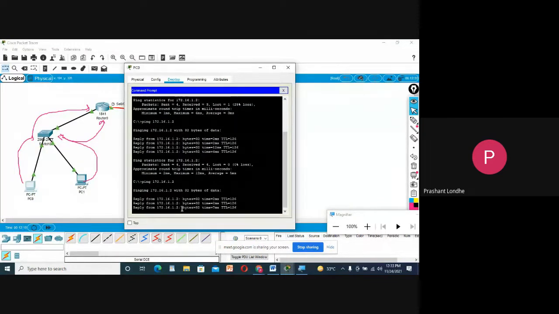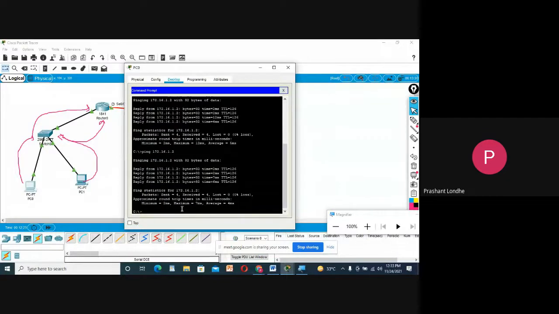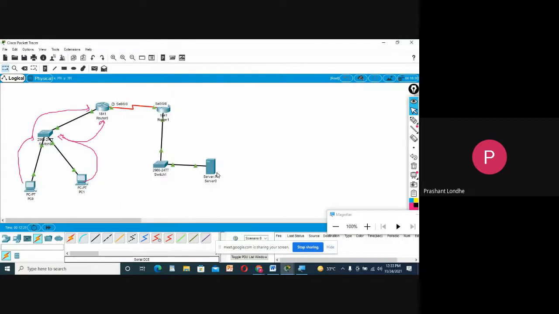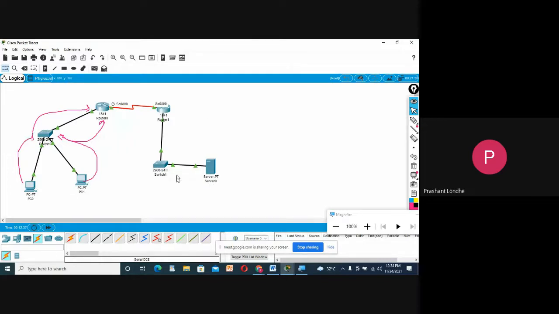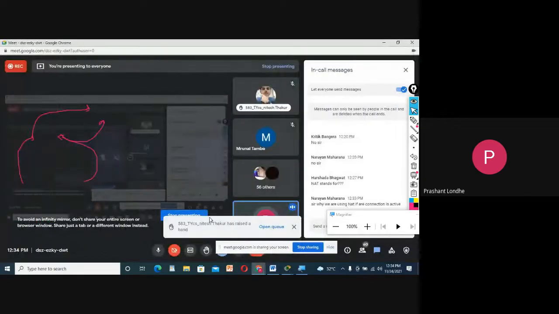Okay, the ping is coming because I have done one thing. I have set the RIP protocol also, so definitely the ping will come automatically. Similar thing, if you want to do the reverse, then you also have to configure this router, and after configuring this router, there will be a two-way communication. Means server will also be able to send the message with NAT. You can do this as your practice, but if you are configuring only one router, that is sufficient. So any query in practical or bit 3?